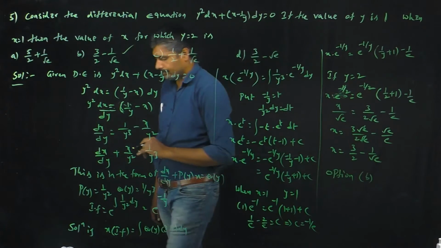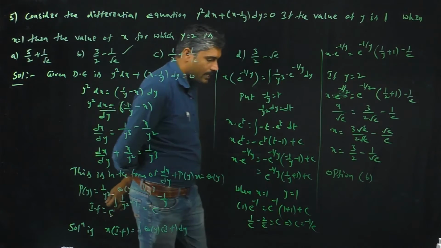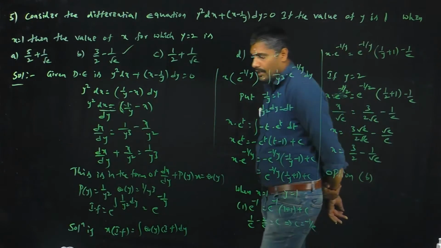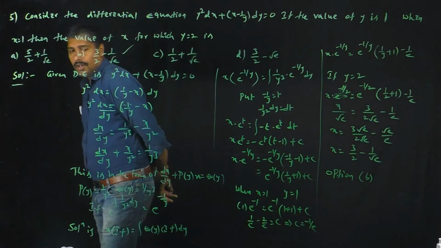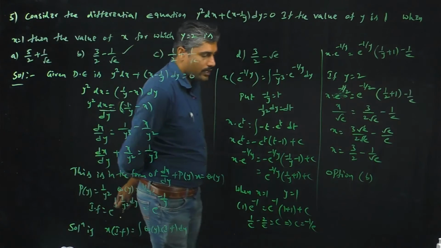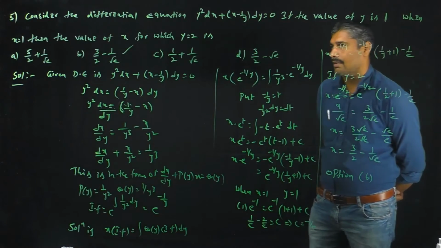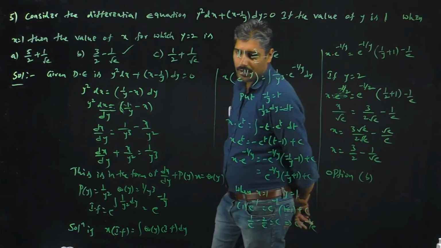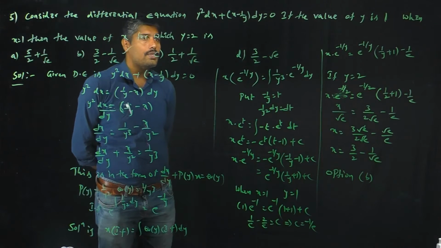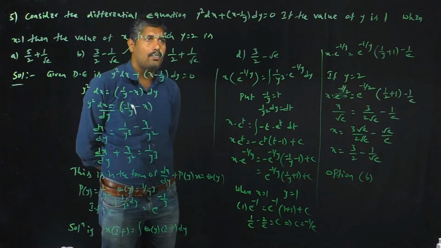See once again. The given differential equation is y square into dx plus (x minus 1 by y) into dy. From the IPE point of view, how do we solve these equations by using some methods? Those are variable separable method, homogeneous, non-homogeneous, linear differential equation and Bernoulli's equations. He is not mentioning any of the methods, we are just checking how to solve this one, by using variable separable method or homogeneous or non-homogeneous.